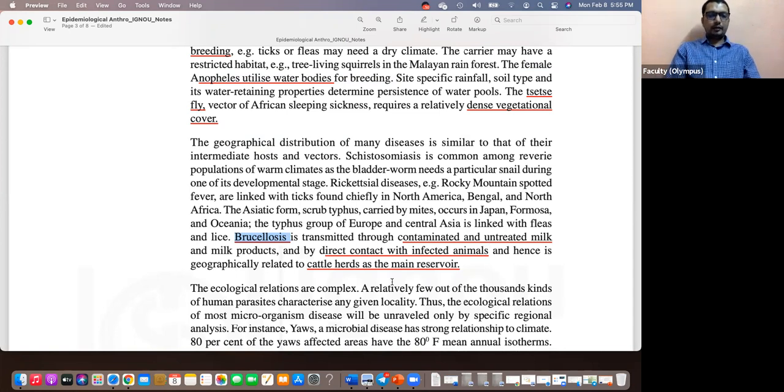There is direct contact with infected animals, especially where there are cattle herds and cattle herders who maintain them and are close to them. So we tend to receive infections from cattle. Brucellosis-like infections can spread from these animals through the domestication process. As I was telling you, take the current bird flu scenario: poultry farms or taking care of other birds, we're exposing ourselves to those viruses which are otherwise common in birds.